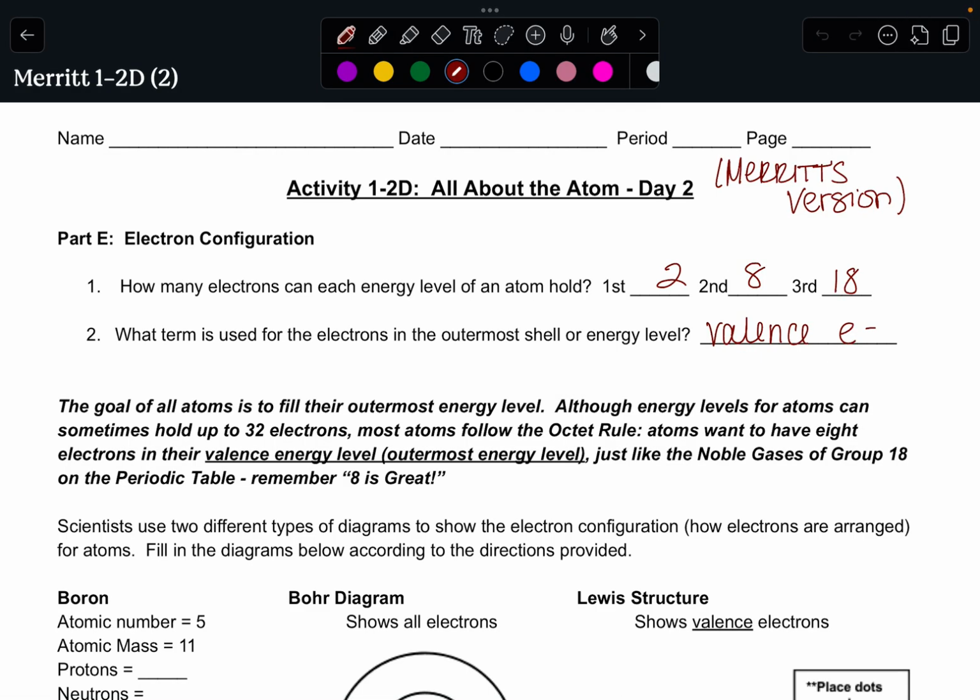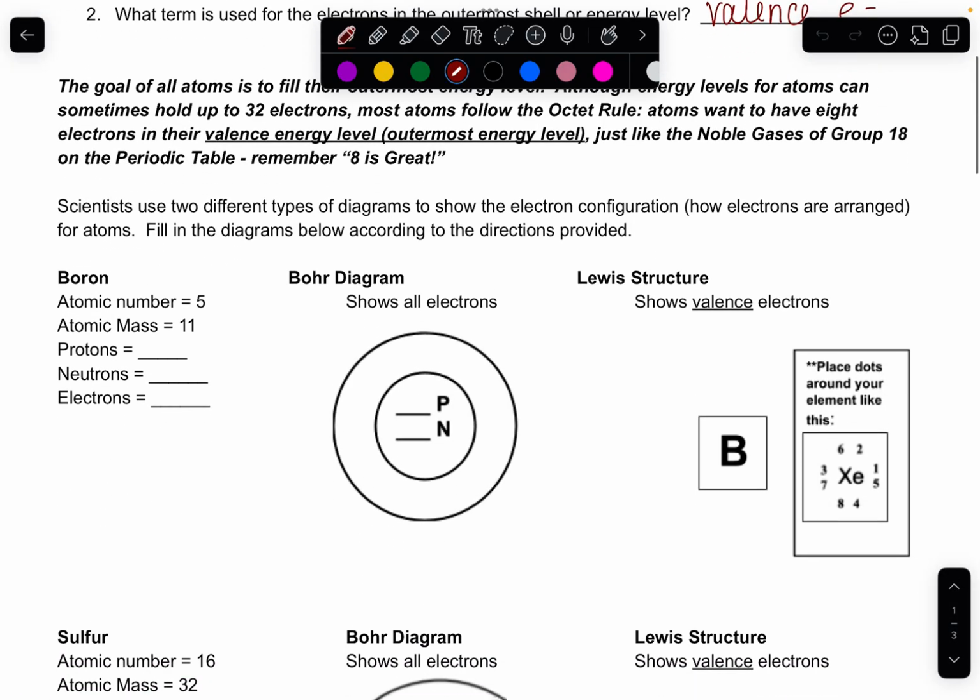All right, we're gonna go through the activity 1-2D and work on some of these Bohr models together. So boron has an atomic number of 5. I know that my atomic number tells me my number of protons. And right now we're in a happy unicorn universe where that also tells me my number of electrons. To find my neutrons, I take my mass of 11 minus 5 protons, and that tells me I have 6